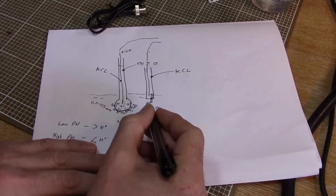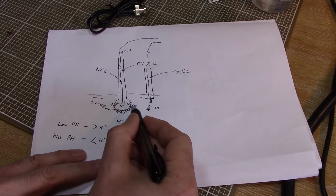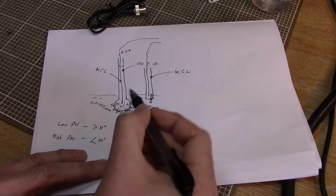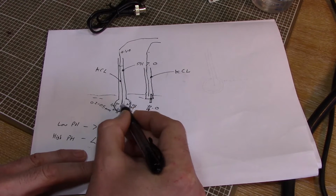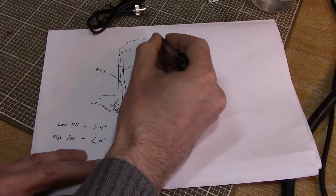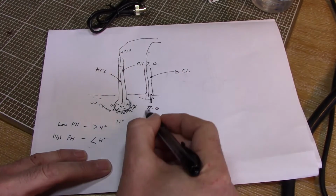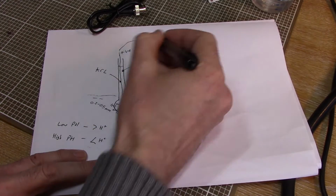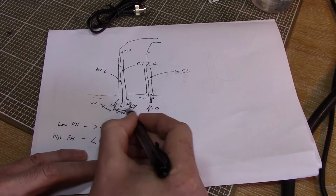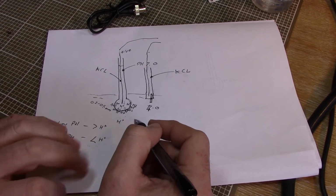Now, I spent a long time trying to find out how this was happening, because I could see as charge built up on the outside of our measurement electrode that it would create a potential difference across this layer, and this wire could detect that. I can understand that we need a current path, but we haven't quite got a current path here. We haven't got anywhere current can actually flow because we've still got a layer of glass here. So I spoke to a friend of mine who's a scientist who does all this for a living, and